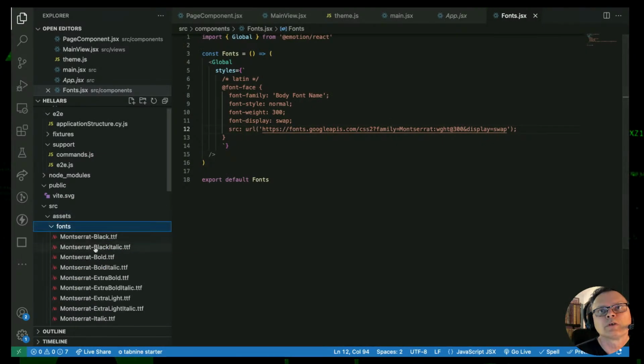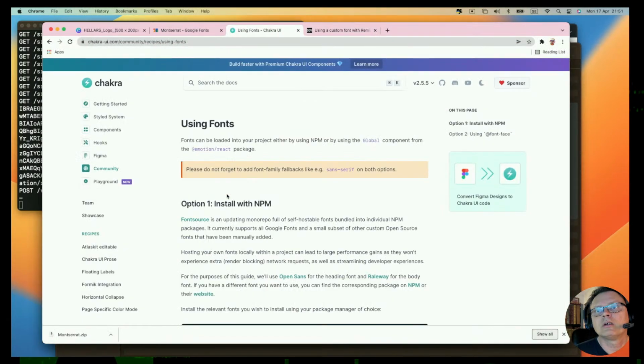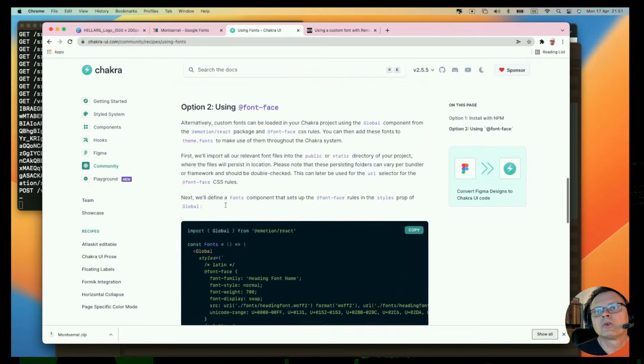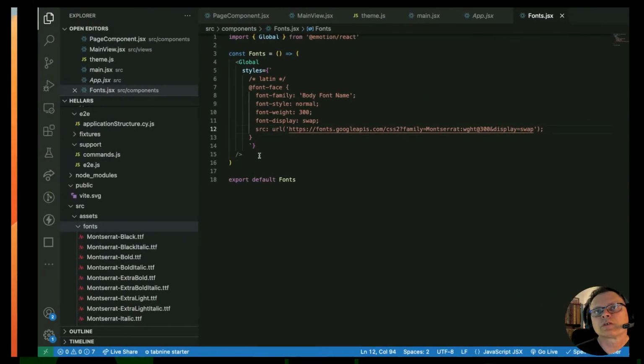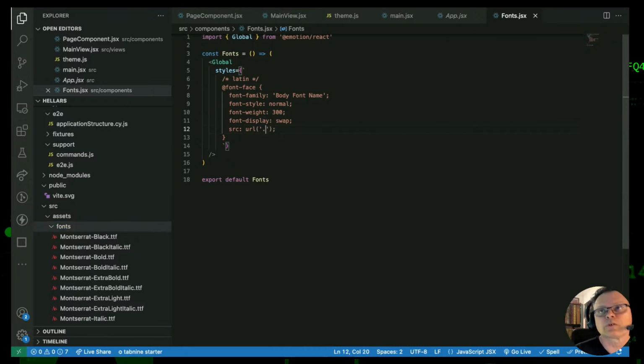There it is. Right, and then we just go on and, right, font face, fonts and normal, 300, swap, right. And then we just do data,